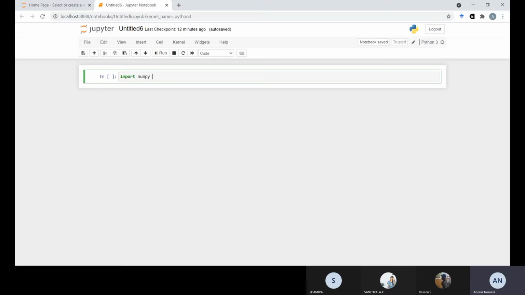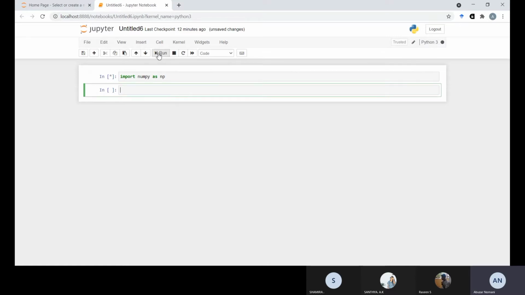So for NumPy, we will use np: import numpy as np. Okay. Now NumPy has been imported.